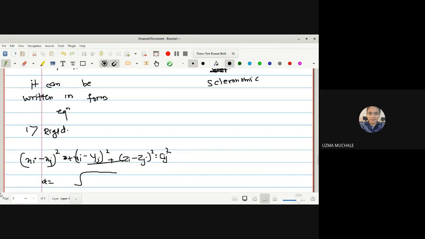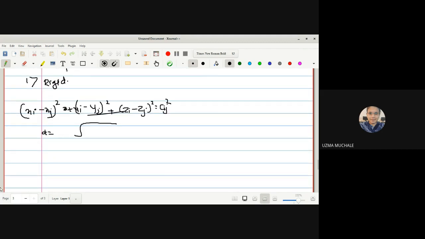Now next one, the equation of a simple pendulum. The second example for the holonomic constraint is the equation of a simple pendulum. It is x square plus y square equals L square. Suppose we have a simple pendulum. This is your x-axis and y-axis, and the length of the pendulum is fixed. That is the restriction on the simple pendulum. This is the x and y coordinate, and the length is fixed, so with the help of the Pythagoras theorem, x square plus y square is equal to L square.